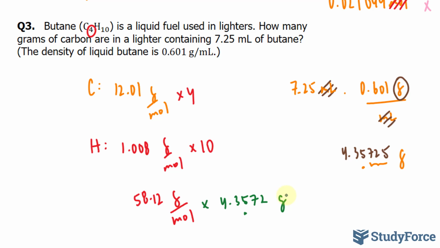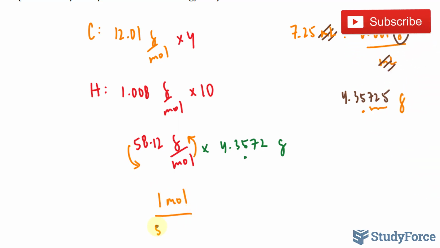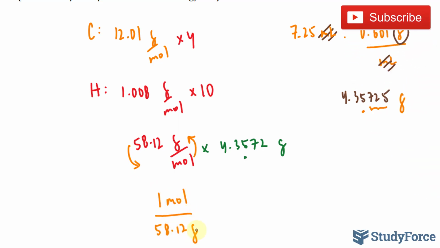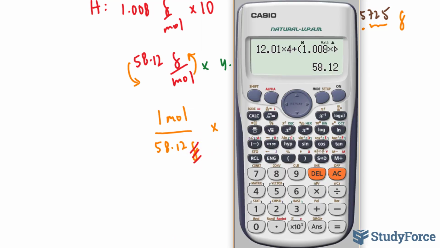Notice right now I made a mistake. Notice that I put grams at the same level as grams. So what I have to do is flip this number, where I have 1 mole over 58.12 grams. The reason why I kept the mistake is just to give you an idea that if you don't flip the molar mass correctly according to what you're trying to find, you will end up with the wrong answer. So now that I flipped it, I can multiply it by 4.3572 grams. This cancels out with this,